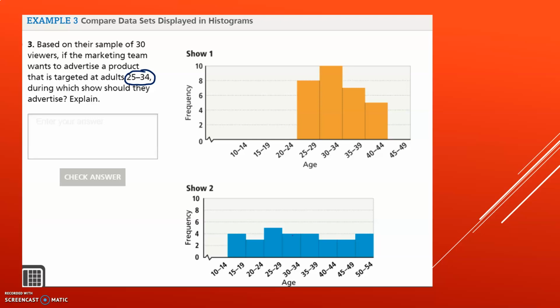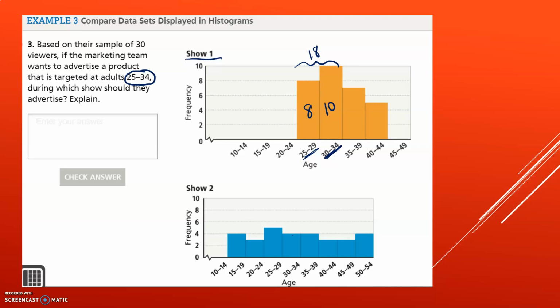Hopefully when you were looking at this example, if we were looking at show 1 for 25 to 34, we already said 25 to 39 has 8 viewers. 30 to 34, however, has 10. So if we're looking at that band of viewership, there are 18 people watching show 1 between the ages of